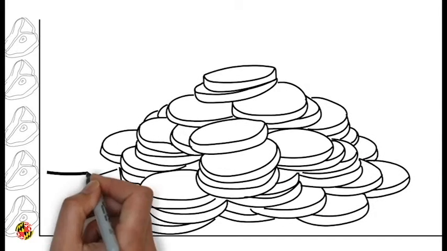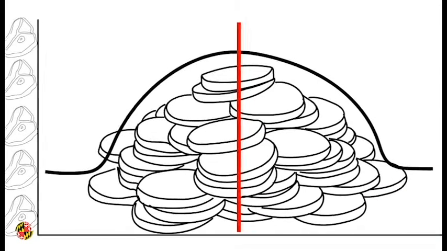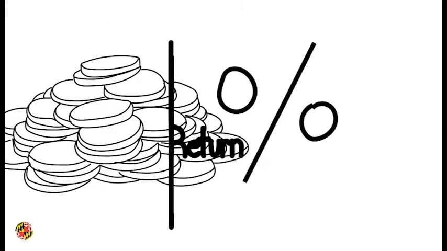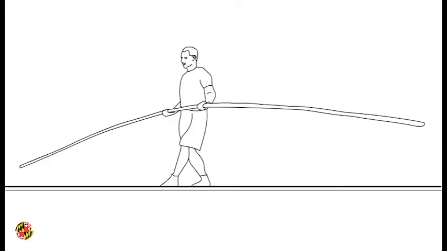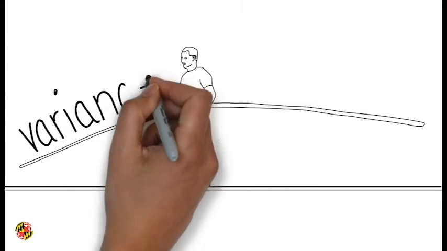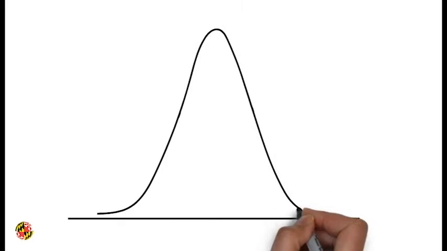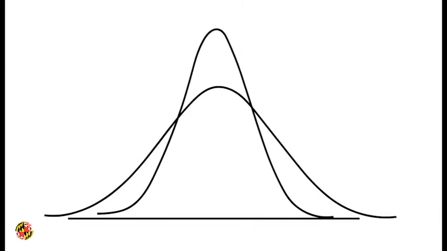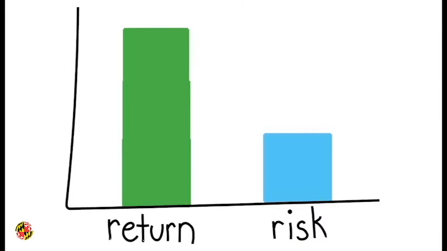For investments, we need to know the stock's average or mean return. In other words, what percent return can the investor expect? We also need to know the firm's risk, measured by variance or standard deviation. Variance tells us by how much returns differ from the average return. Rationally, and we assume investors are rational, you want more return for less risk.